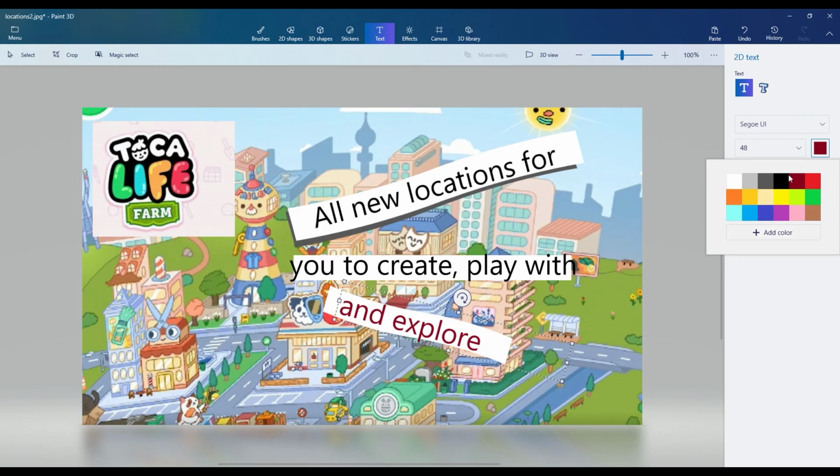Or which color will be best? Something like this. And if you are satisfied, you click anywhere for it, and